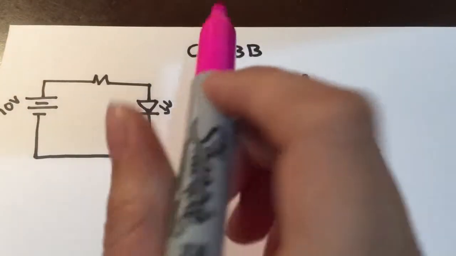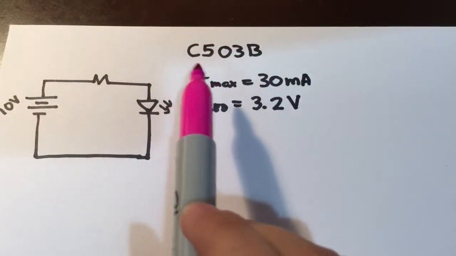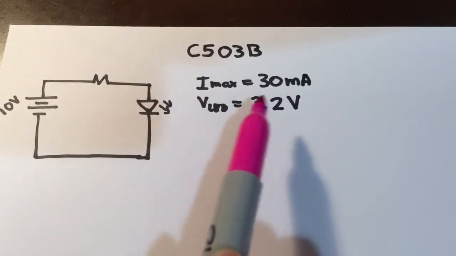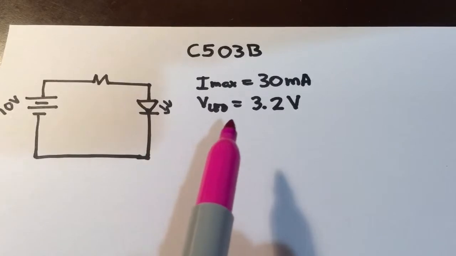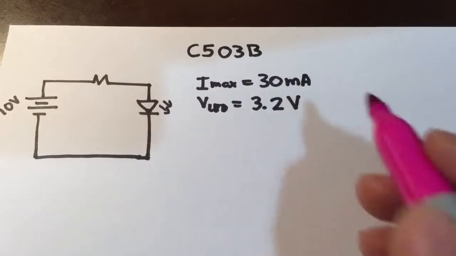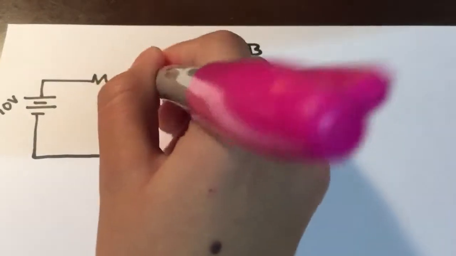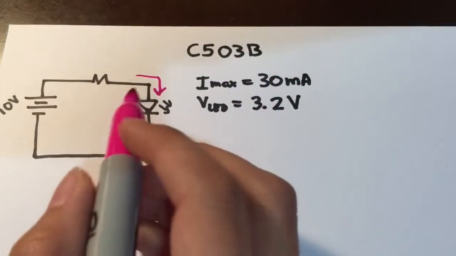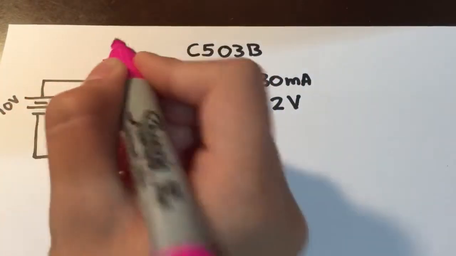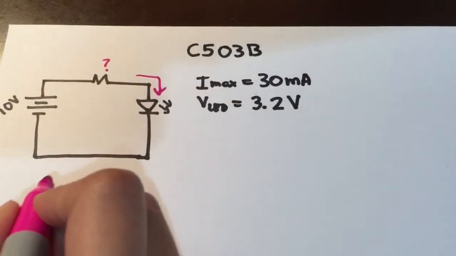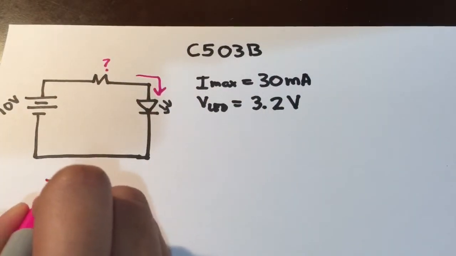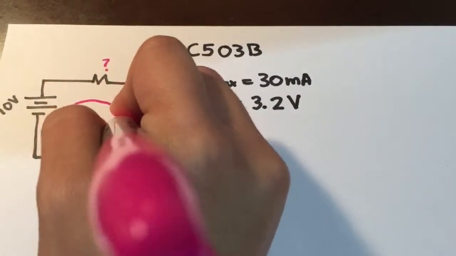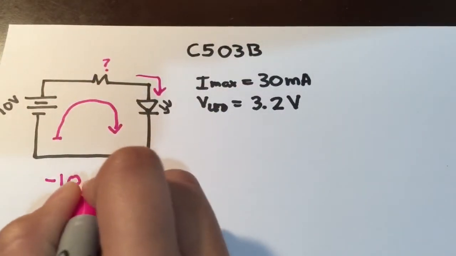Okay, so we're going to analyze now this LED. The maximum current that can pass is 30 milliamperes and its voltage is 3.2. So here we have this current, and to get this resistance that we don't know, we can do a mesh. We will have 10 minus 10, and it will go like this: minus 10 plus